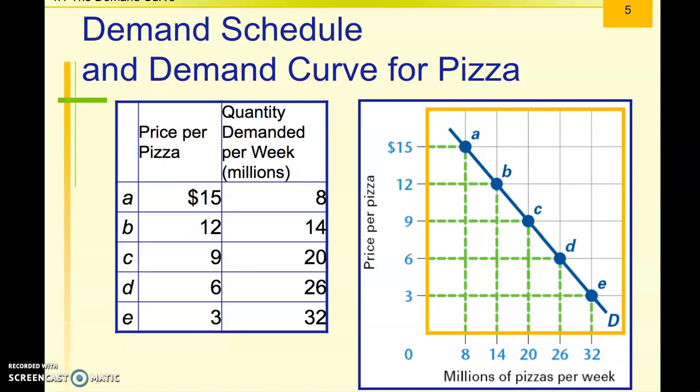Now what happens if the price increases from $6 to $12? It just doubles. Look what happens to your demand. At $12, point B is going to show you how many pizzas are bought at $12, and that's going to be 14 million. So we have a sizable decline in the demand or the purchase of pizzas when the price went from $6 to $12. That's not a surprise. So that's kind of how it works.